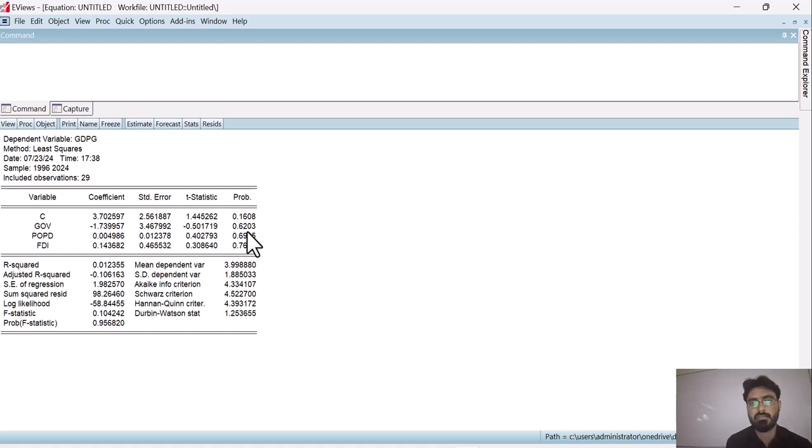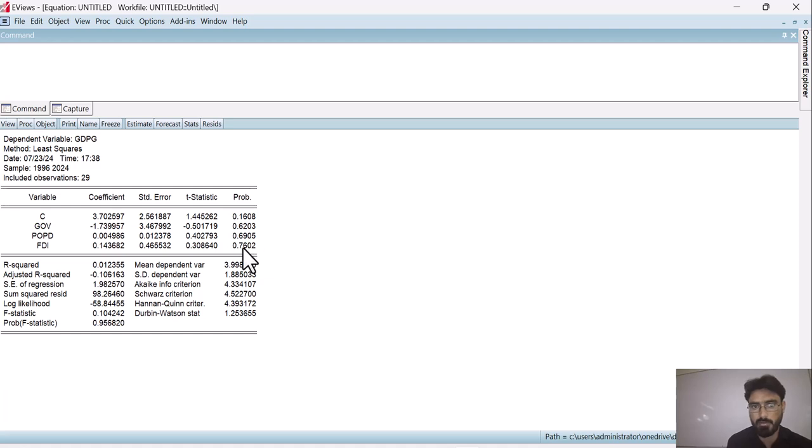So this variable is insignificant. Again, the next variable's value is 0.69, which is very much greater than 0.05, and it is also insignificant. And the last variable's value is 0.76, which is also greater than 0.05, so it is also insignificant. So all of these three variables are insignificant.